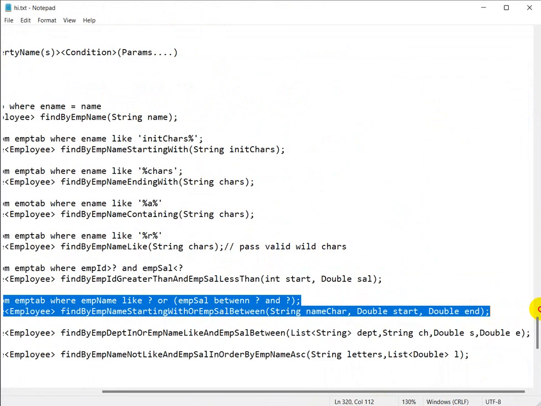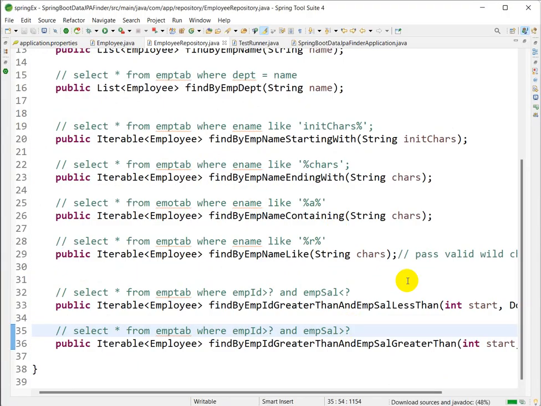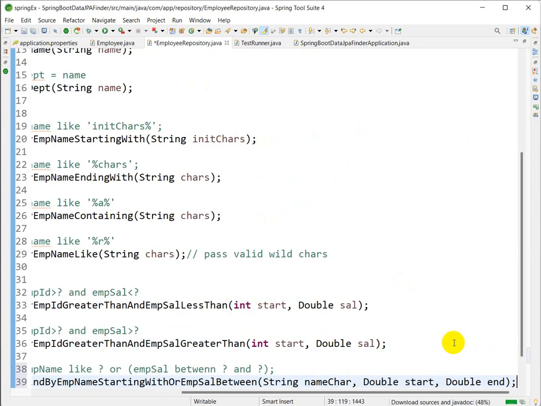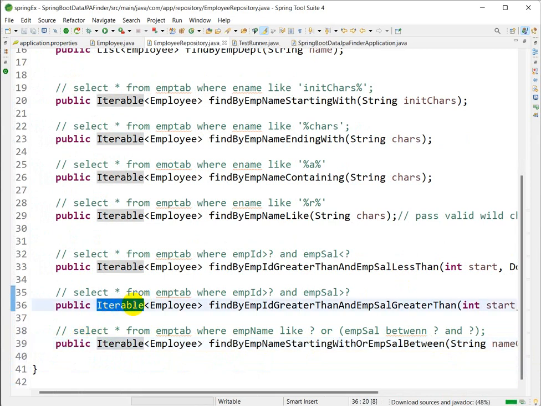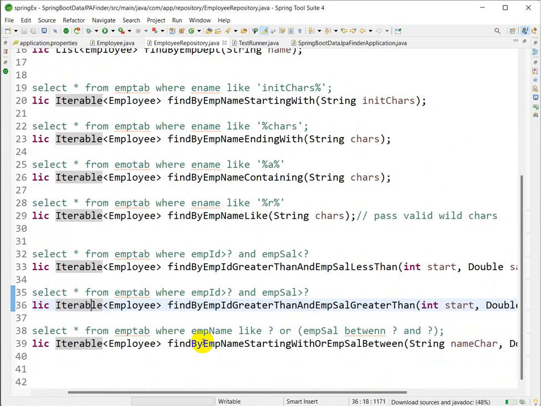So let me copy this and go to the employee repository, paste here. Now here, what is this? Here you can give the iterable as well as a list also. So let us see what will be our next finder method. This findBy is common, this property employee name. Now here we are having starting with, that means employee name starting with the specific character, and here we are